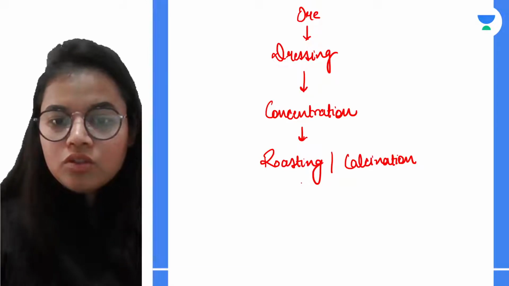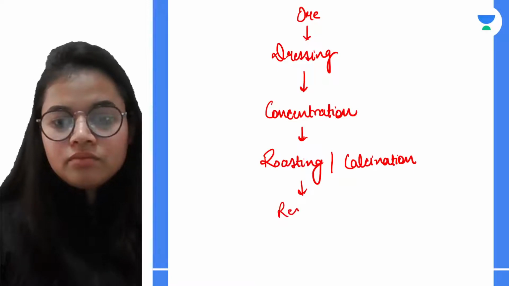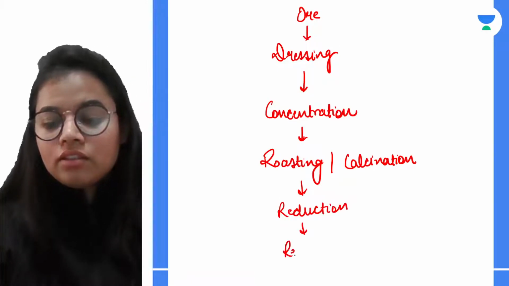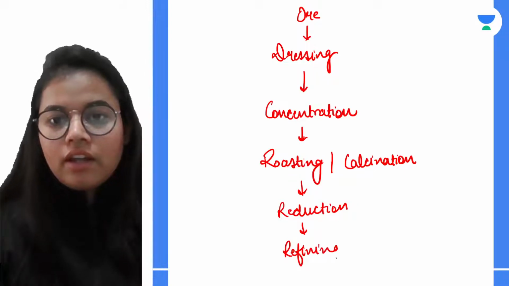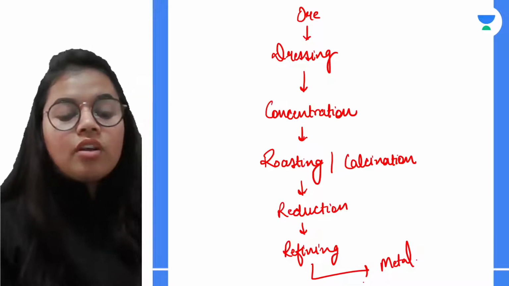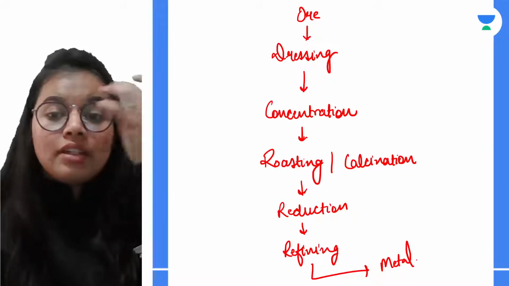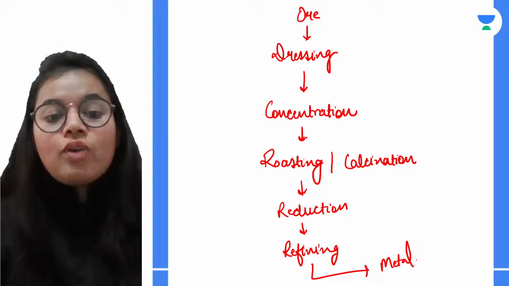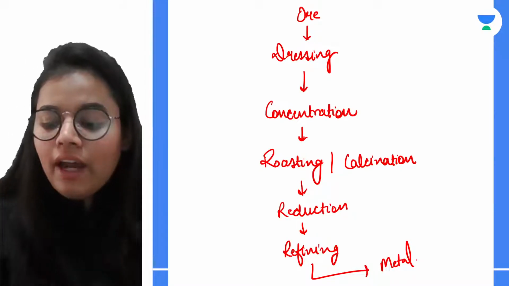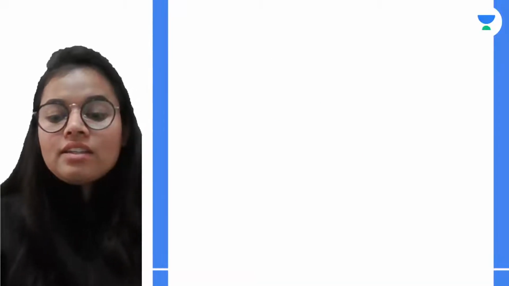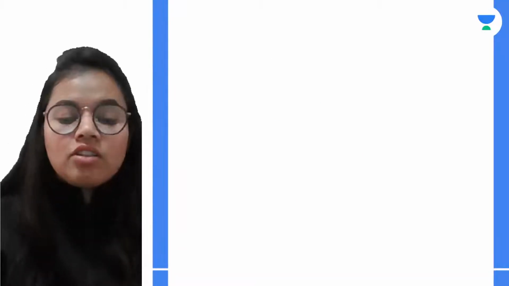Then it goes for reduction. At the last it goes for refining, and we get the metal in our hands. So these are the various methods any ore undergoes to give the pure metal. As I already told you, these things are not in your syllabus for now,